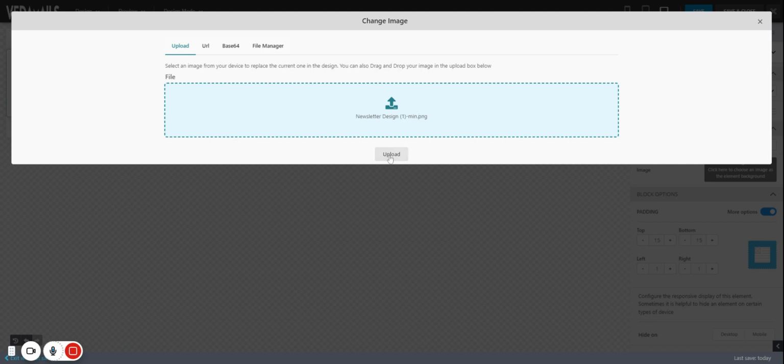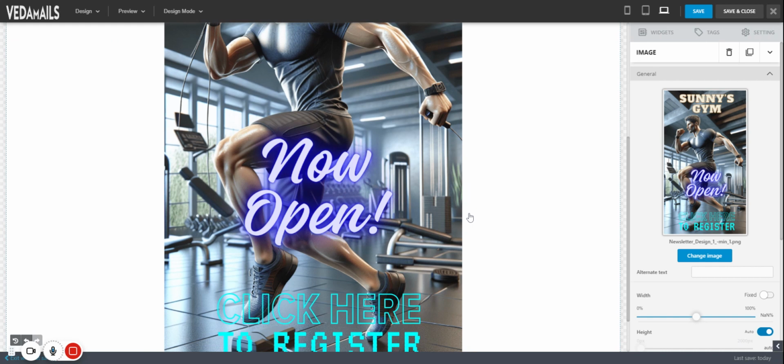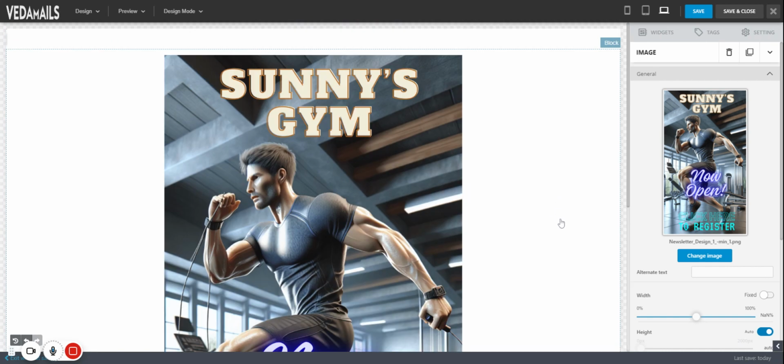Also, you have to make sure that your image size should be less than 500 KB. Why I'm telling this? Because when you are going to send an email to a user, it might take some time if your image size is 3 MB, 4 MB, 5 MB. I do recommend your image size should be less than 500 KB. If it is less than 300 KB, or maybe less without compromising on quality, that will be more perfect